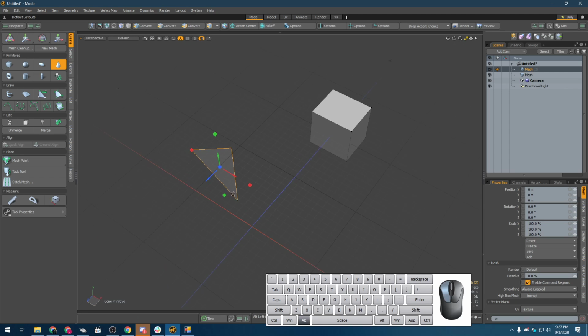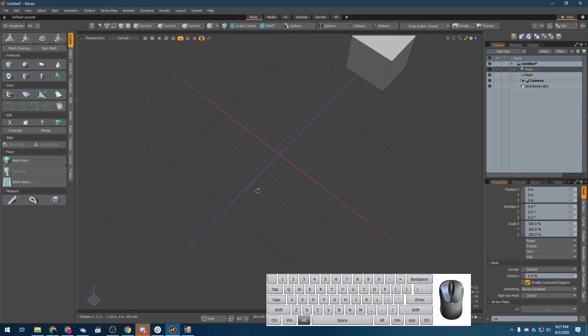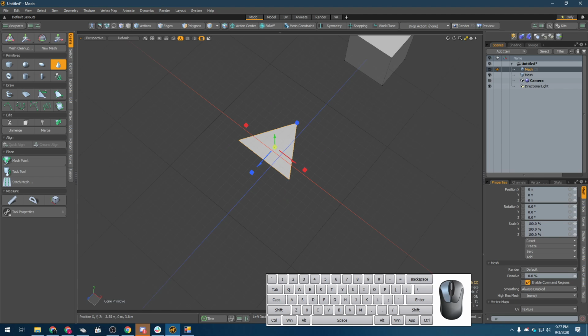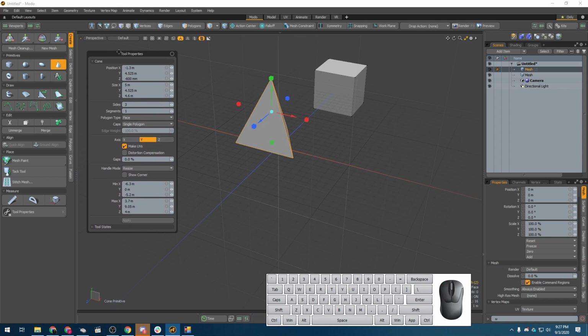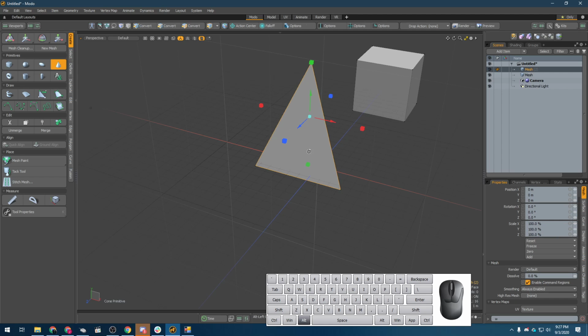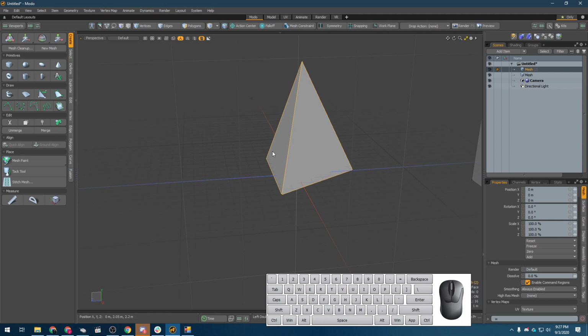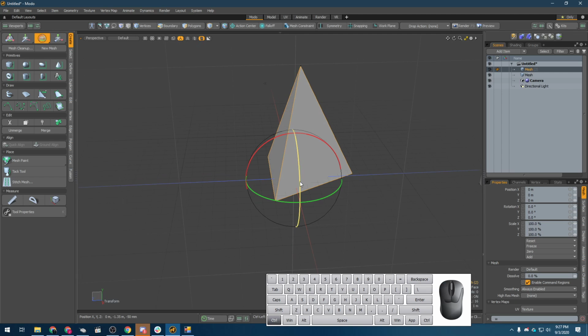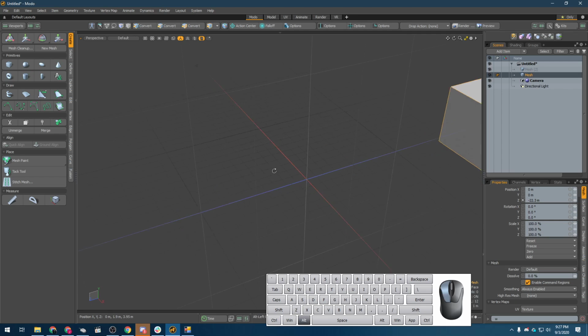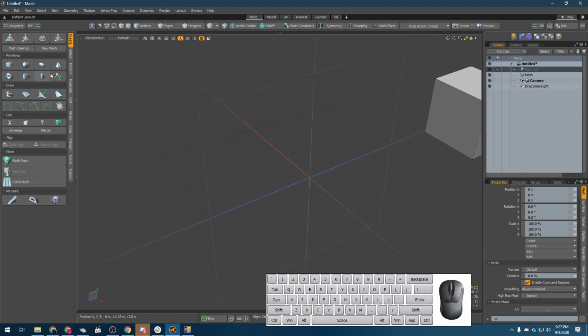Oh, I'm drawing it in on the wrong plane, so I'm going to undo that, rotate my camera, and draw it in that way. Draw it out that way, and again, if I hit the K key, it's going to bring up my properties. I can set the same size in X, Y, and Z if I wanted to, and hit space. Now if I go to move, scale, or rotate that, again, that's going to be from the center of my scene. So what I should have done, let's undo, select the empty mesh item,